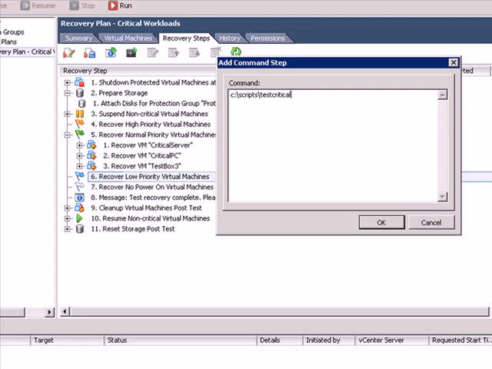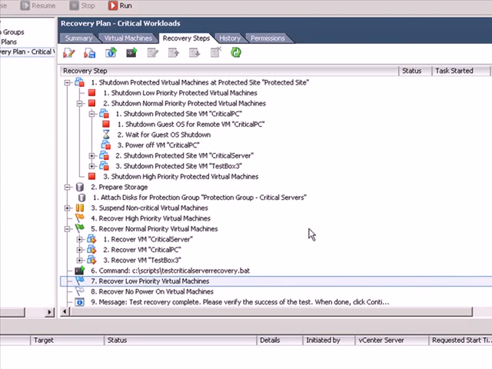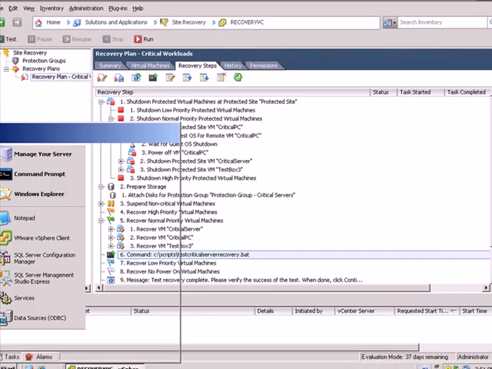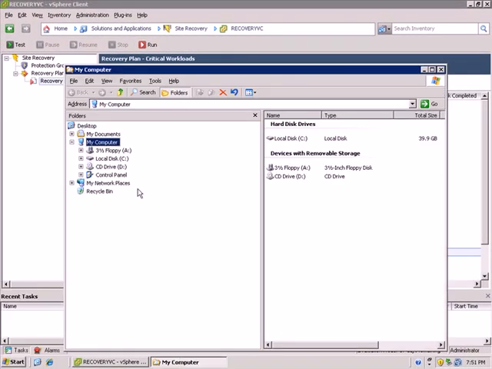Test critical server recovery.bat. Hopefully we typed that correctly. So as you can see, that inserted an additional step called number 6 here to call the command cscript test critical server recovery.bat. All this will do is a simple batch script, which I can show you quickly, that will